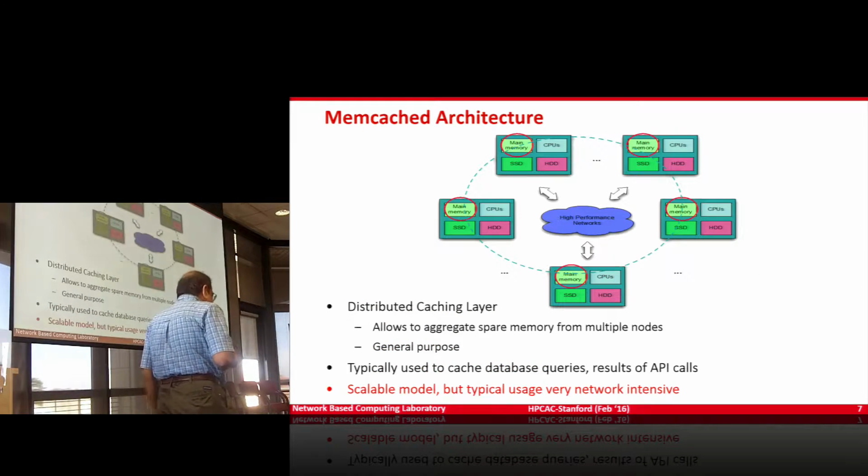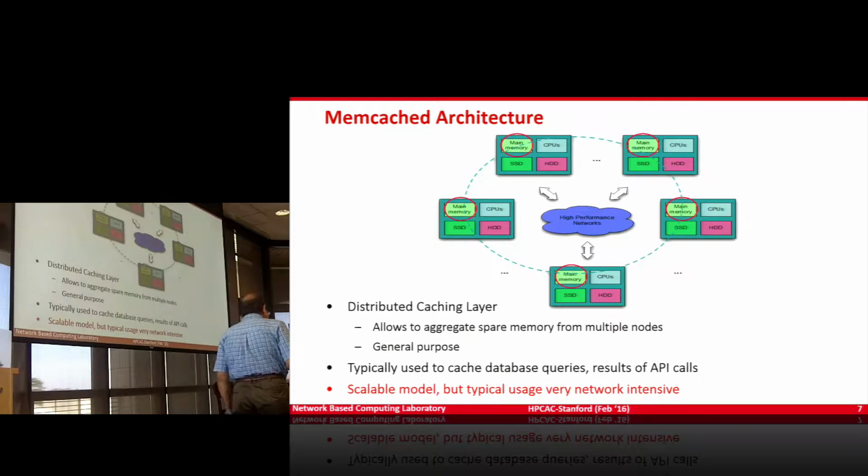Now this is Memcached. Before going into the details, let me give an example you can correlate with real life. Let's say we all travel, most of the people here, and we buy tickets. How many times have you searched, maybe from New York to San Francisco, did some search two months back to come to this conference, and found a very attractive price? Then you clicked it, and suddenly you get an error message saying, sorry, that ticket is not available. Have you seen a message like this? Okay, if so, you have used Memcached. That is very clear.